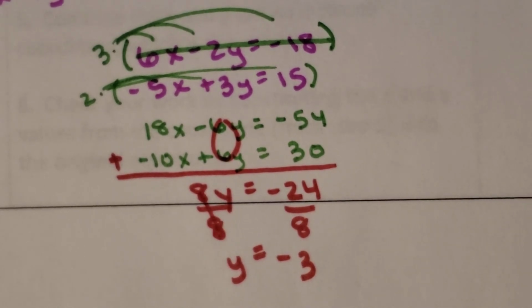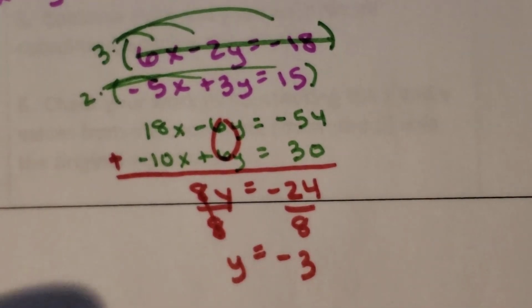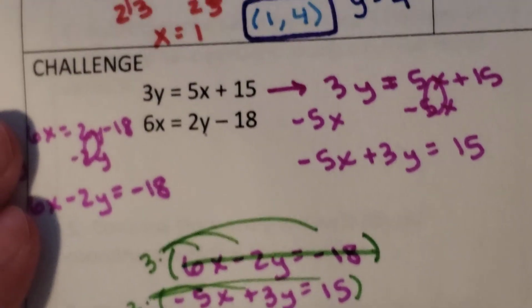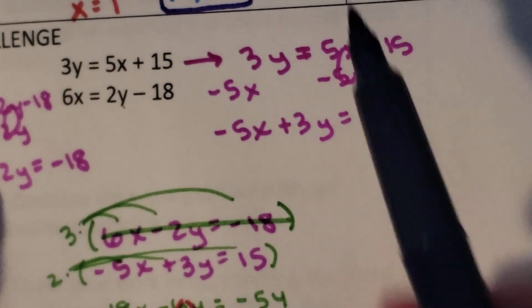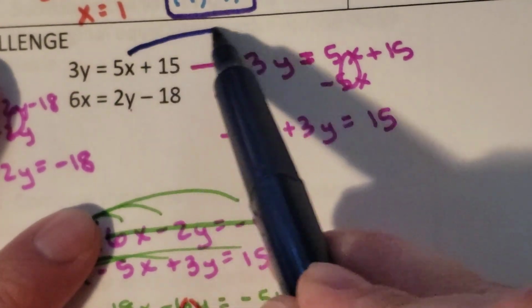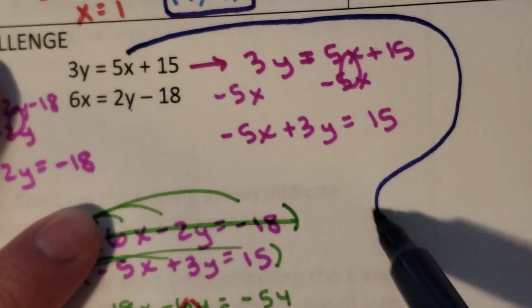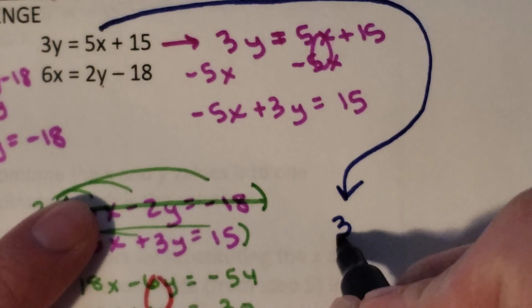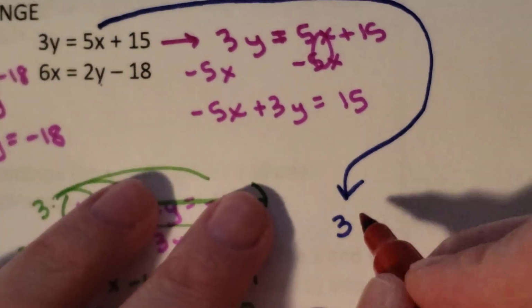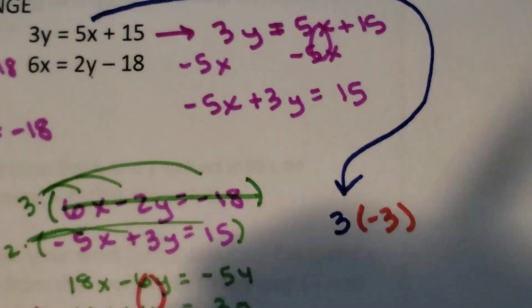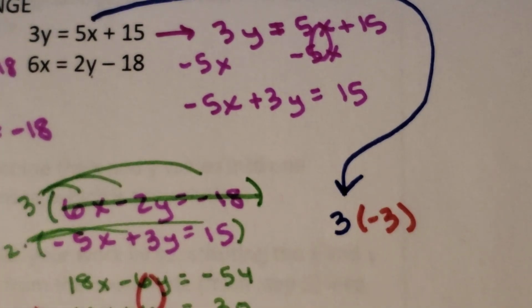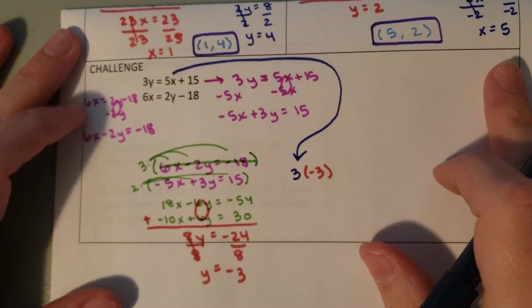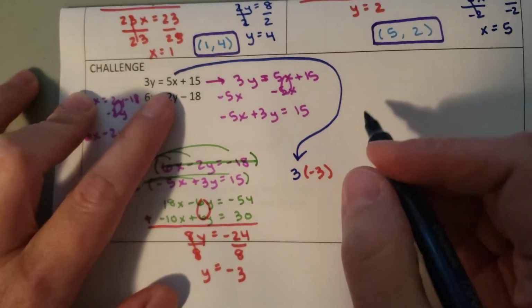And now that I know what y is, I can sub that into one of the equations to solve for x. I'm going to use one of the original ones. I like this one better. Okay. Instead of 3y's, I'm going to say 3 negative 3's because y is worth negative 3. Everything I sub in, I put in parentheses so that you can tell that it came from something else. I'm going to zoom out so you can see all this. All right, equals